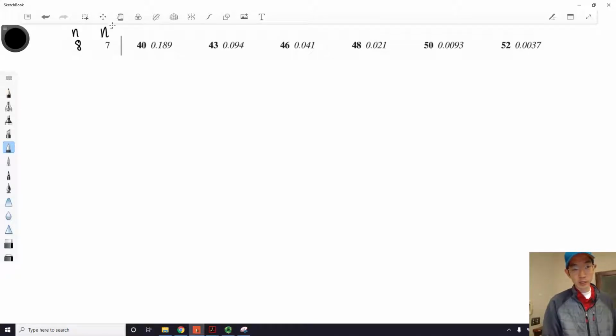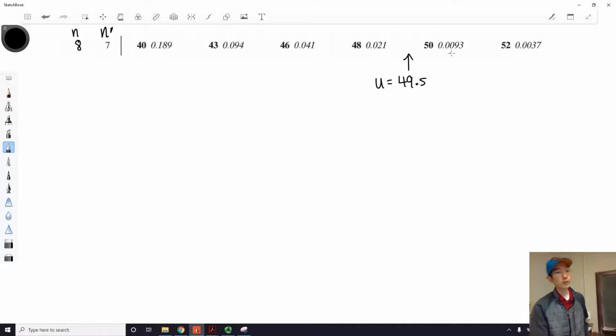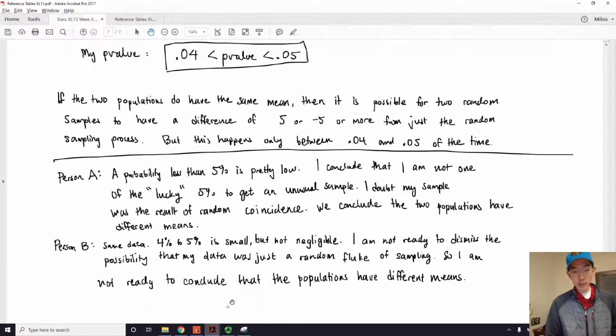n is 8, n prime is 7, and u is 49.5. So if u is equal to 50, my tail area, my p-value, is 0.0093. Okay, so u is 49.5. It's between 48 and 50. So u is equal to 49.5, which means if we look at this,